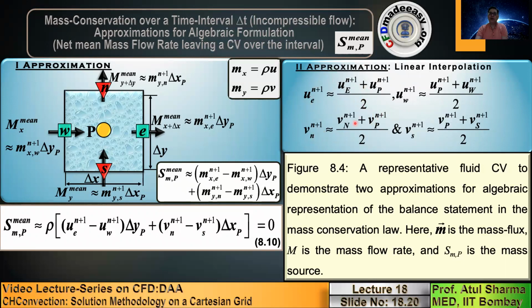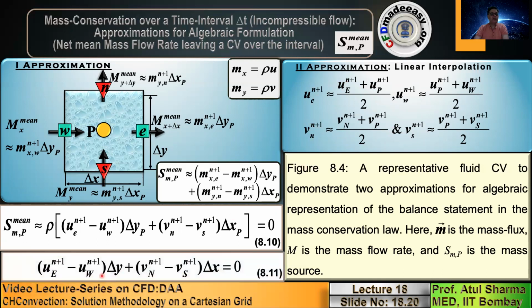Originally, it was proposed to calculate using linear interpolation, but in the next topic, I will talk about how this linear interpolation leads us to a problem called pressure velocity decoupling. So people have come up with a different procedure, a different second approximation, I would say. To begin with, I am showing you linear interpolation, but this leads to numerical difficulty and to an unphysical solution. So to begin with, I am presenting it as a linear interpolation, but this is not a feasible solution, which I'll discuss in the next topic.